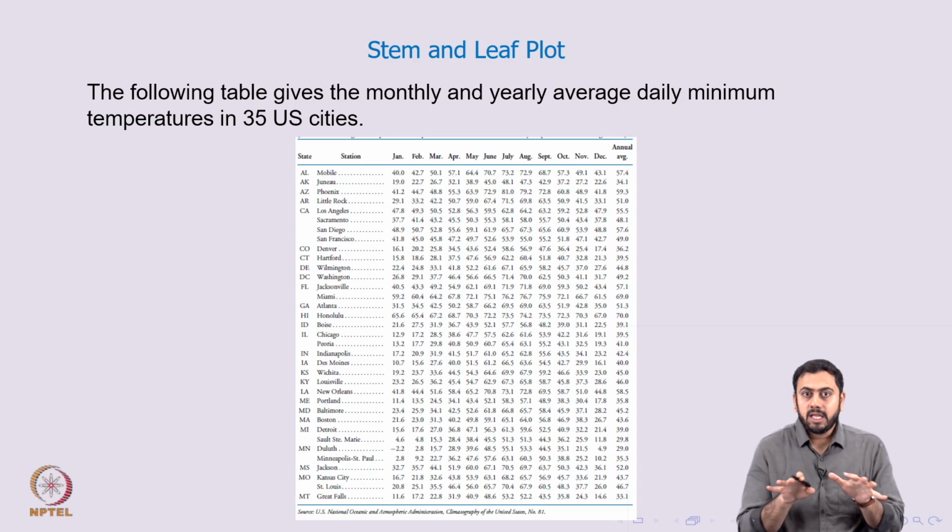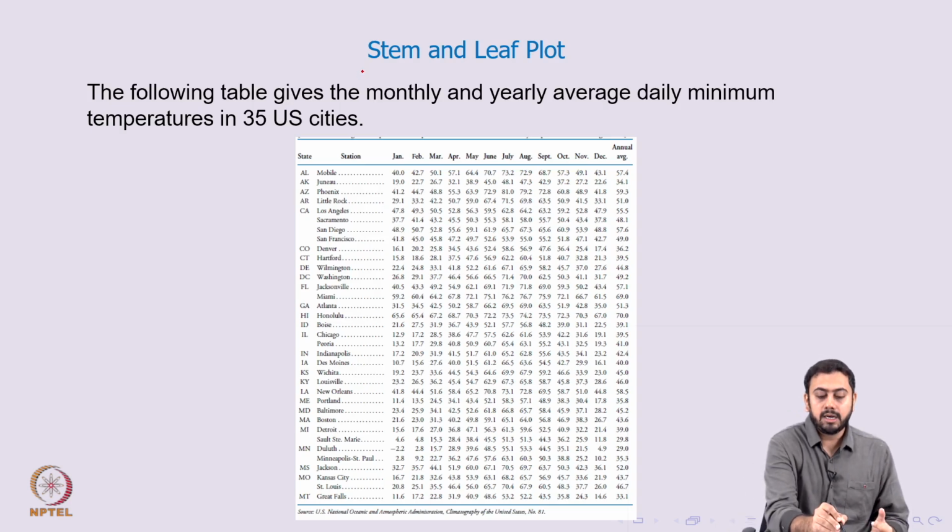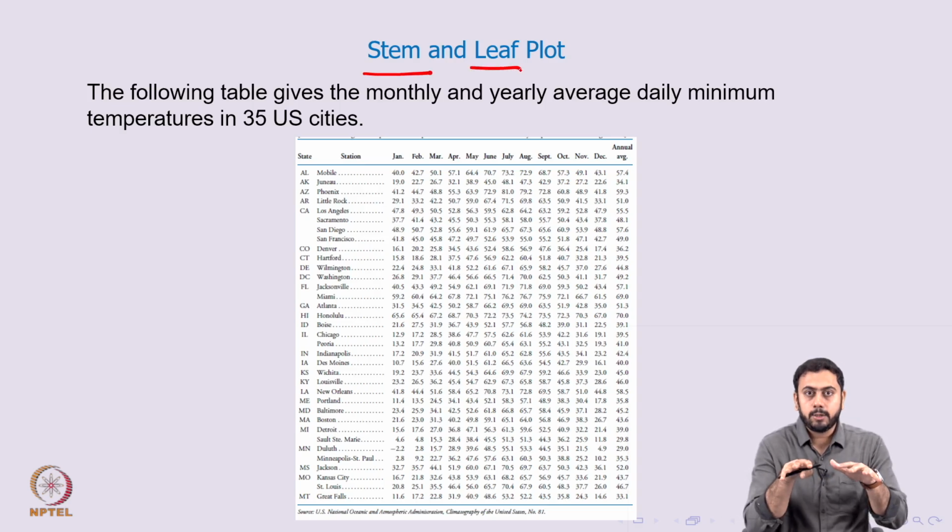Alright, so now we will talk very briefly about quite an interesting plot called a stem and leaf plot. A slightly different plot which people don't analyze that much, but we will talk very briefly about what exactly are the ingredients required to create a stem and leaf plot. So again, as the name suggests, this plot contains two things, a stem and a leaf. Okay. So imagine that you have a tree and you have a lot of stems and then you have leaves protruding from the stems. Okay.